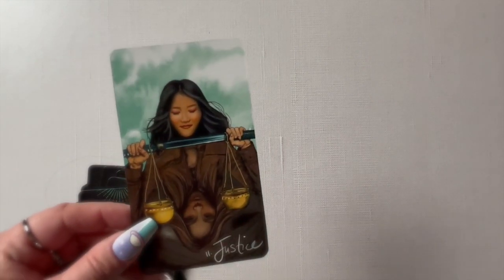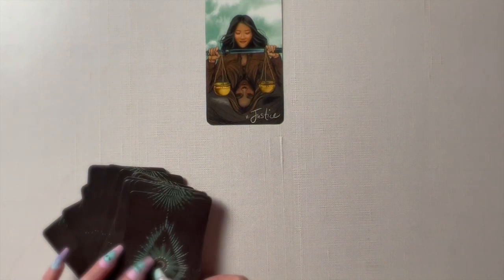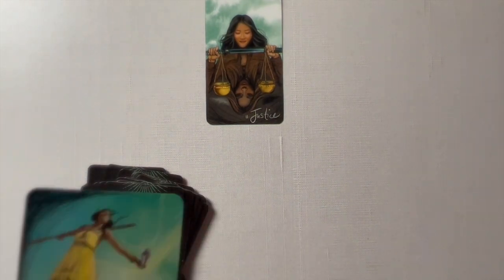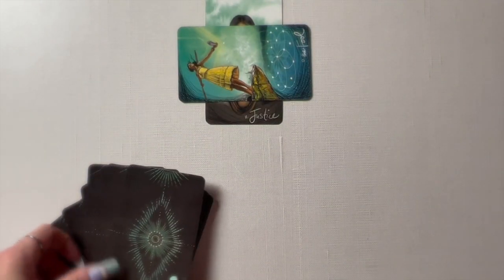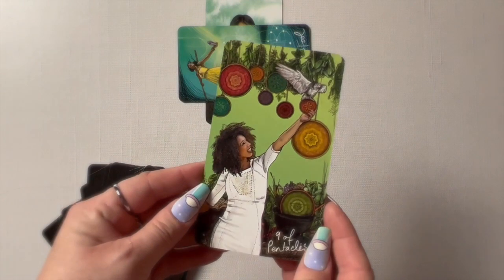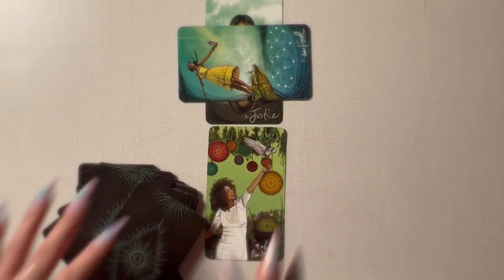The first card you pull for this situation will represent your role in the situation. Then the obstacle card crosses the first card to show what elements are causing the conflict or tension. The final card can be flexible. It reveals a likely outcome, or it can offer advice on how you should act to make the most of